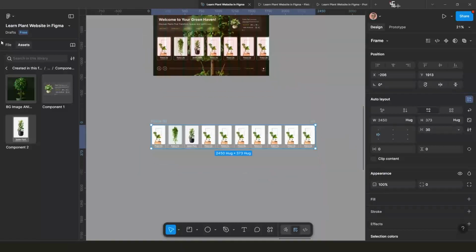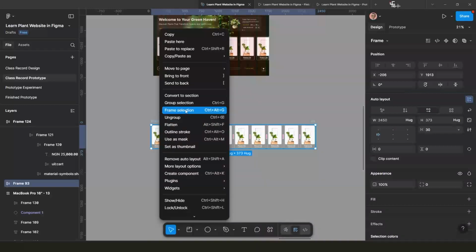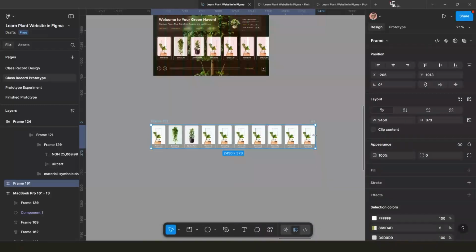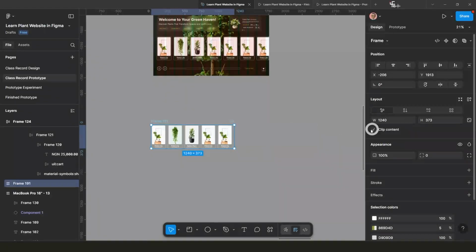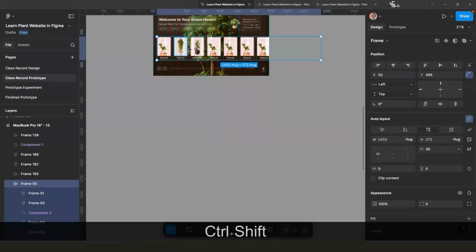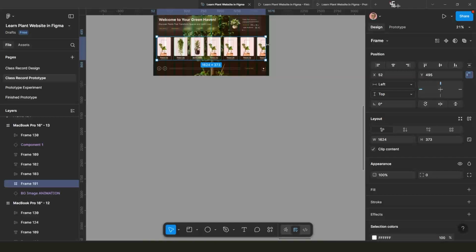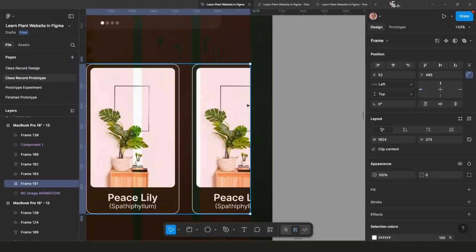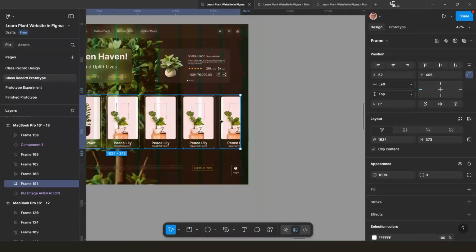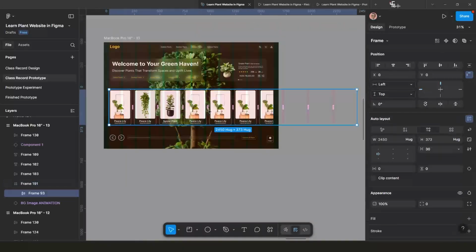Then you're going to right click. I want to be on the file so you see what I am doing. Right click and then frame selection. Take this frame, adjust it to the size that you want, and content. Now I will select this, Ctrl X, select this, Ctrl Shift R. Okay, remember you have a frame, just review it like this. Maybe this is how you want it. We don't want it to be on the guides. Okay. So now we can select this and then